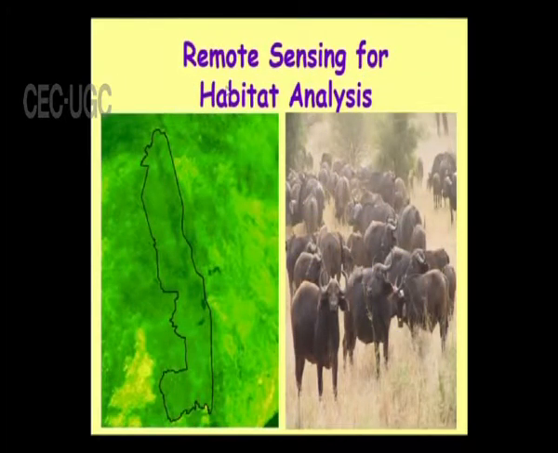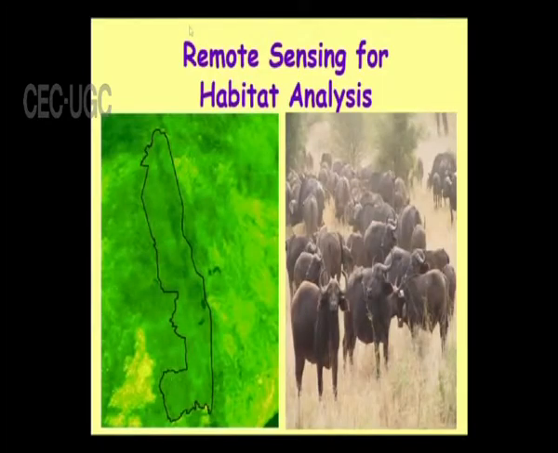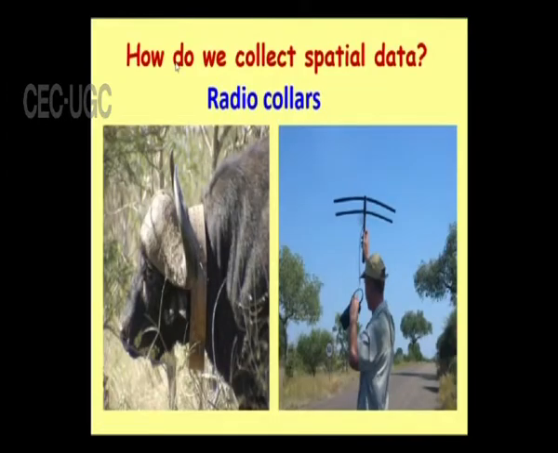And now, the second application, the habitat analysis. Habitat means the living place of the animals or even the plants also, where the animals are habiting. And here, how can we use remote sensing for the habitat analysis? Here there is a forest and the animals, and now we have to map the forest with those animals. To what extent the animals are habiting in the forest, for that we have to use remote sensing. See how we are collecting the spatial data, and you look at the animal.